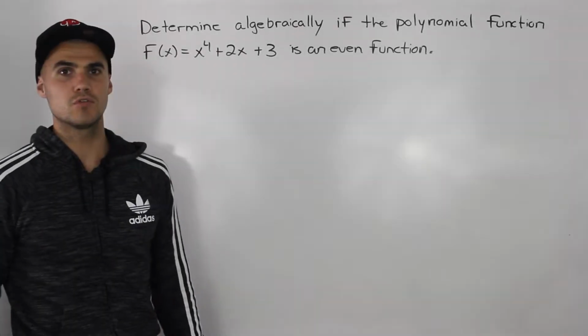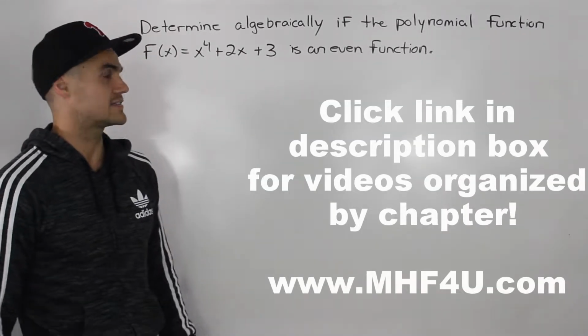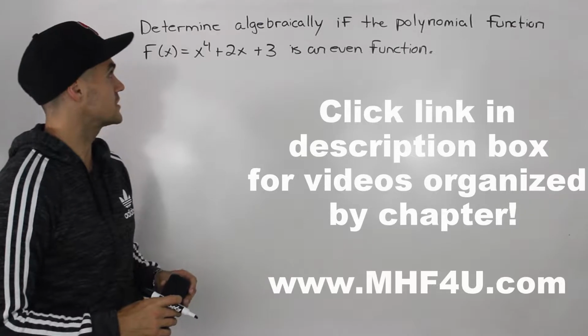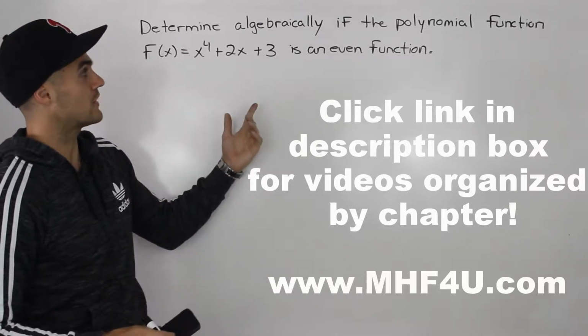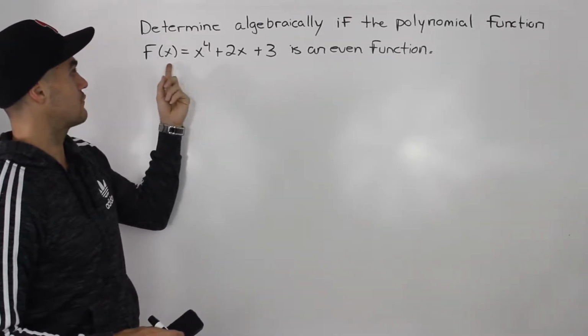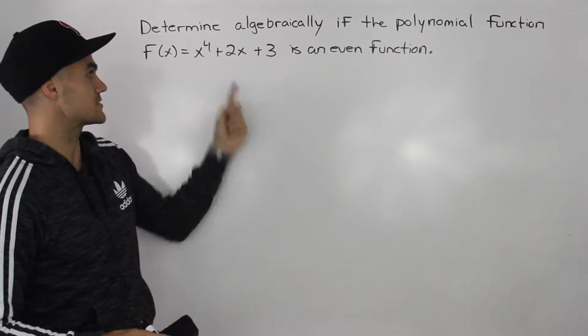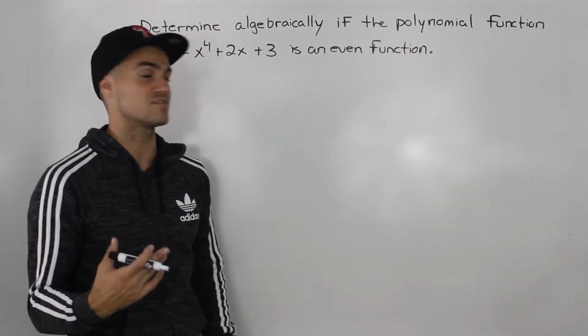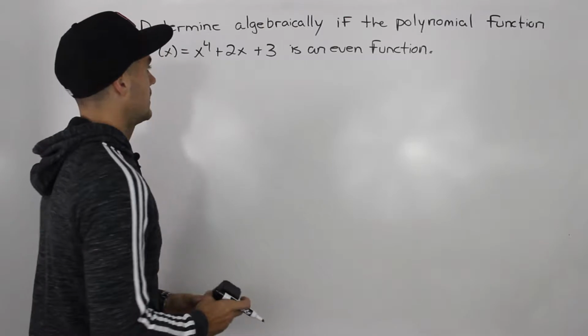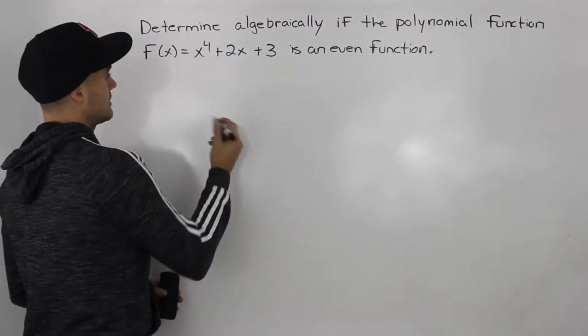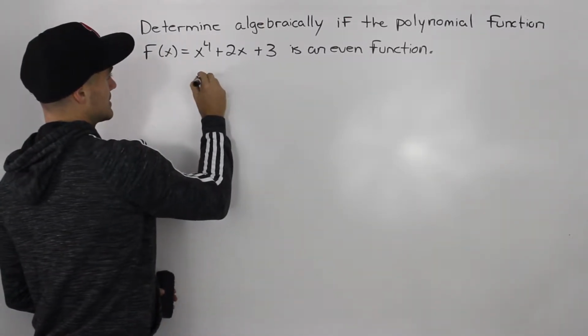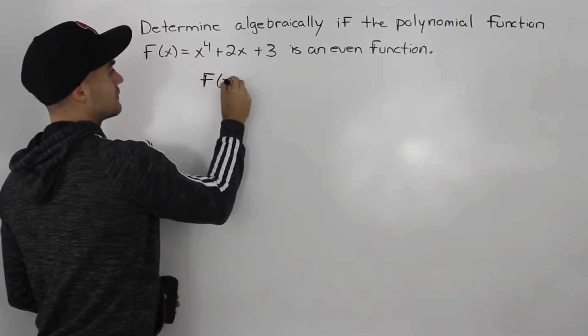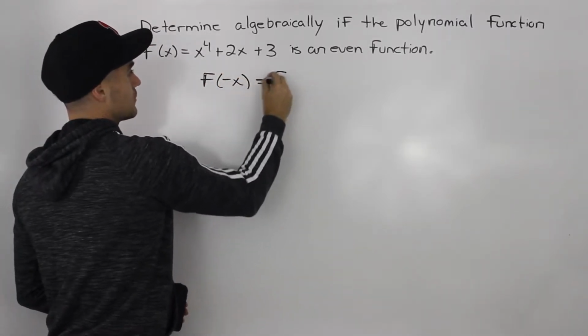Welcome back, everybody. Moving on to another question that is dealing with odd and even functions. We have to determine algebraically if the polynomial function f of x equals x to the power 4 plus 2x plus 3 is an even function. Now, algebraically, an even function means that f of negative x is going to equal f of